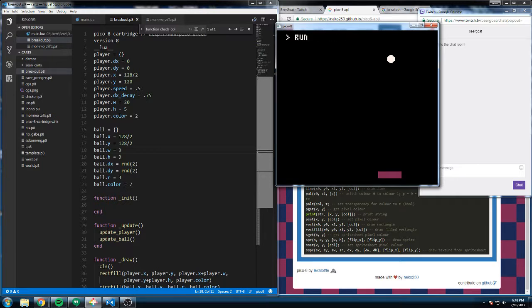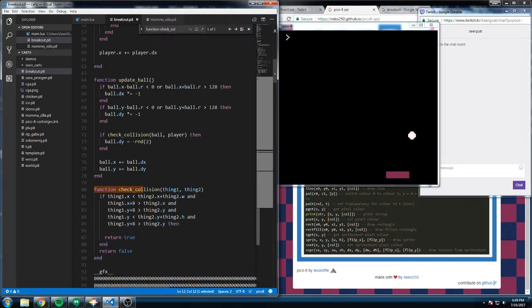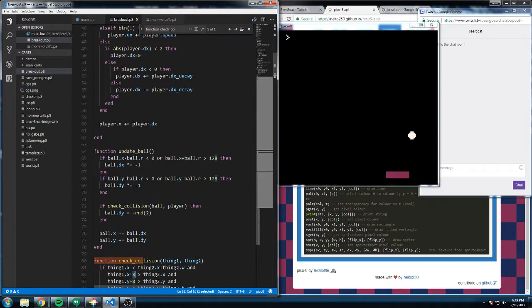I don't know. Let's just see what this looks like. Nope. So it's something to do with the player's height, right? It's probably just this. The first thing I compare is ball and then player. So if I'm doing +8 for some reason, it should be